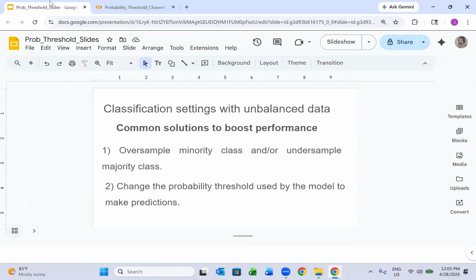Hello, everyone. Today, I'm going to talk about a technique that might be useful if you ever train a classification solution. And that technique is changing the probability threshold. The first thing I want you to know is in what situations changing the probability threshold is a valid